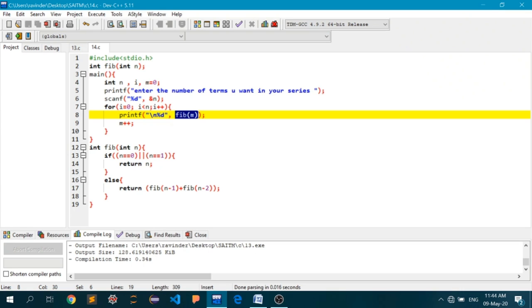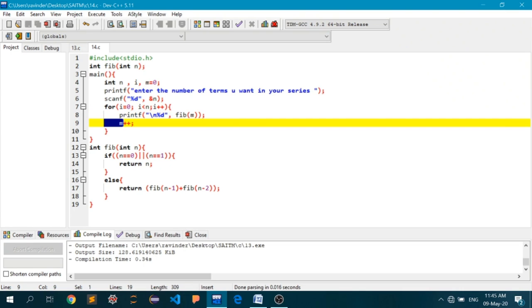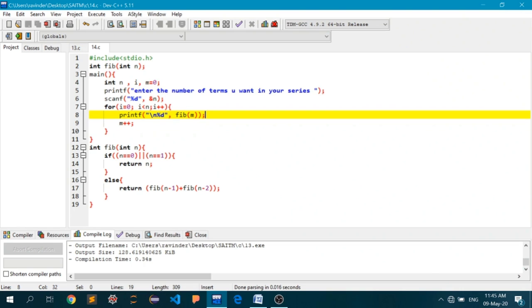In the next iteration, the value of m will be incremented. Now the value of m is 0 plus 1, equal to 1. We'll go again inside the for loop. Again the printf function will be called, and inside that we will call the fib function.